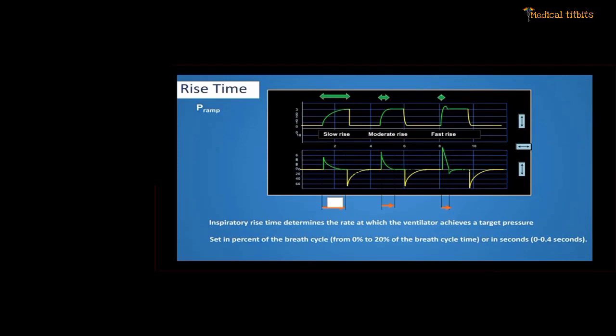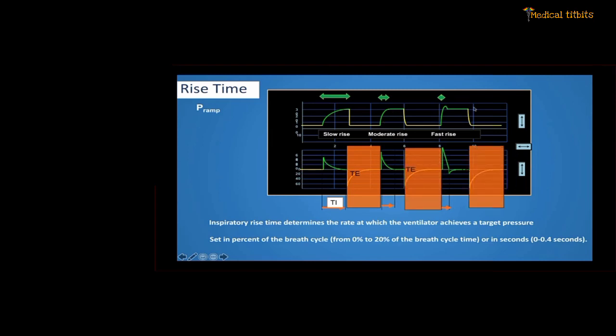There was again a query on rise time, P-ramp. So this is the graphic. I think last time also we have shown this. The ramp is the inspiratory rise time, which determines the rate at which the ventilator achieves the target pressure. The first curve you can show, it's a slow rise. It takes some time to achieve the target pressure. Next is moderate rise. By almost half this time, it achieves the target pressure, and fast rise is when it almost instantaneously achieves the